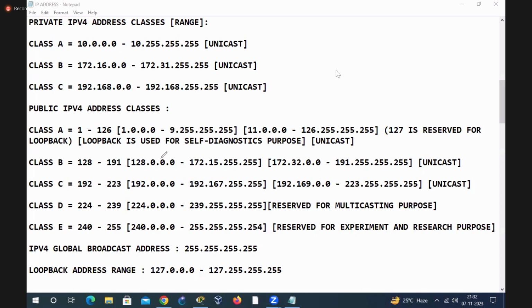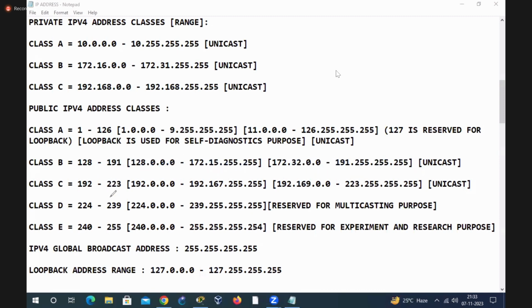So this is your full range: 128.0.0.0 to 172.15.255.255. Then 172.32.0.0 to 191.255.255.255. Then our class C range starts from 192, that is 192.0.0.0 to 192.167.255.255, then 192.169.0.0 to